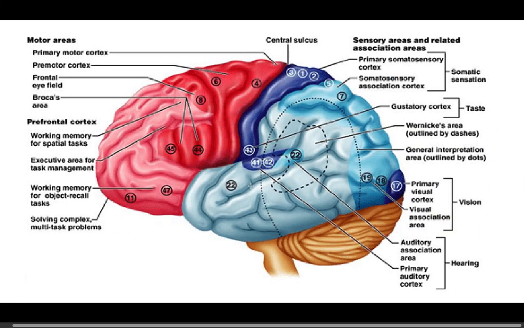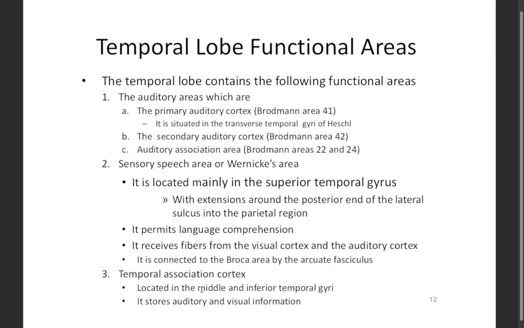دير بالنا انه احنا حكينا هون في عنا ايش only superior temporal sulcus and middle, not like the frontal we have superior and inferior sulcus. No, we have superior temporal sulcus and middle temporal sulcus, and it is located in the middle and inferior temporal gyri, and it stores auditory and visual information,